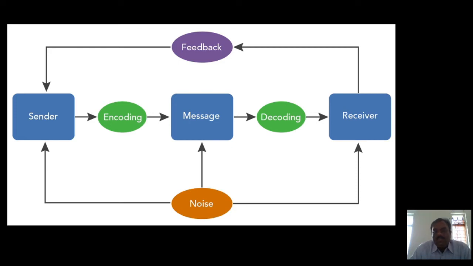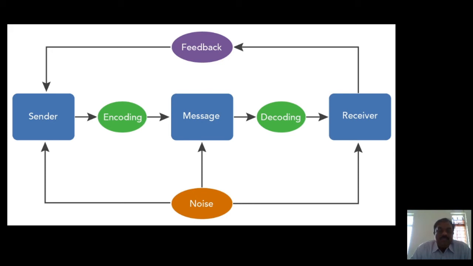Now, whatever message we send reaches the receiver. But before going to the receiver, the entire message is decoded. That means whatever is the frame through which we have encoded the message, the same thing will be decoded again at the receiver, and he receives the information. In order to pass on the correct information, the decoding process has to match at both ends. That is, the way we encode the message should be the same as the way the receiver decodes it. Otherwise, the message which we send may not be understood by the receiver.